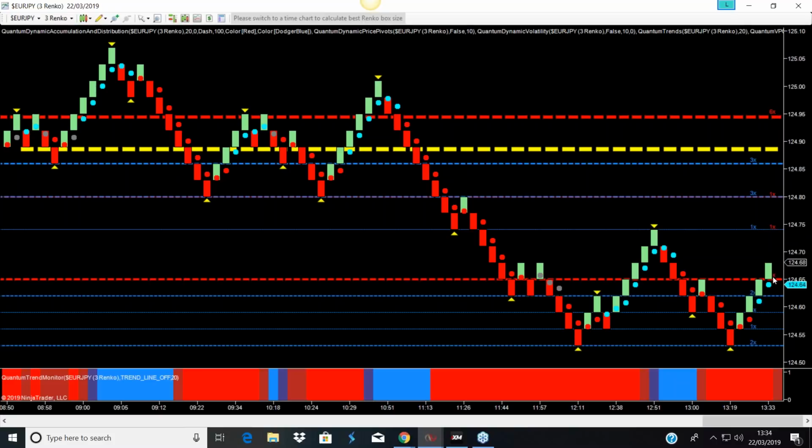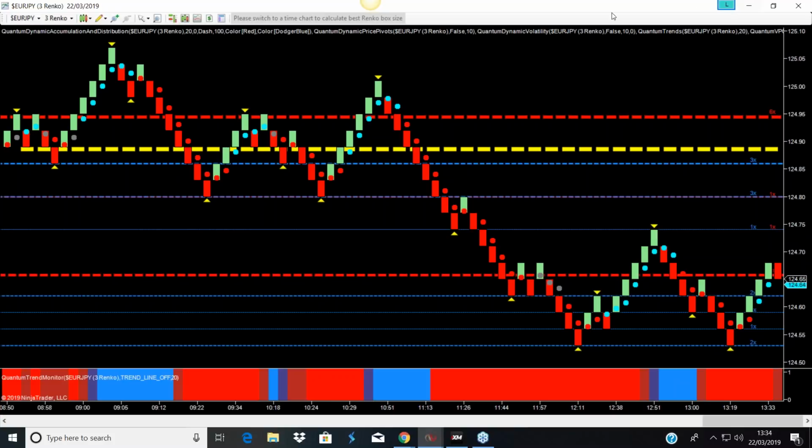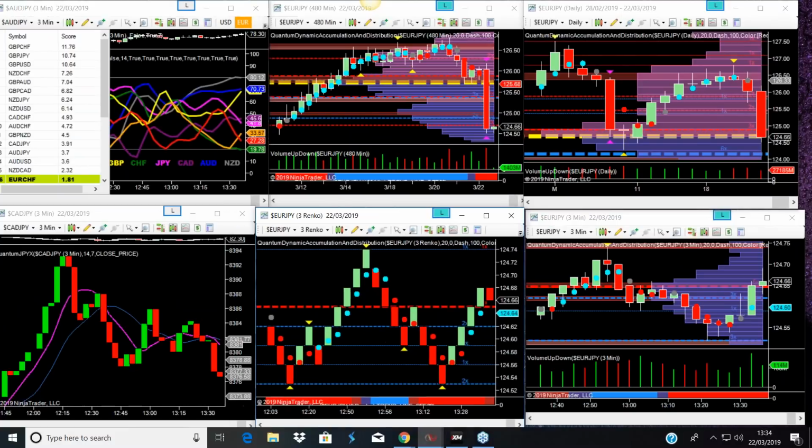And what we're waiting to see is some solid green bricks. We want to see the trend dots solid blue at the bottom, and we also want to see the trend monitor transition to a solid blue. It did transition to a solid blue, but it didn't go very far before the downwards trend resumed. But this is becoming quite an important platform of support, and we know it's important because it's very close to the S5 on the hourly chart. So we have all the information we need in terms of support and resistance.